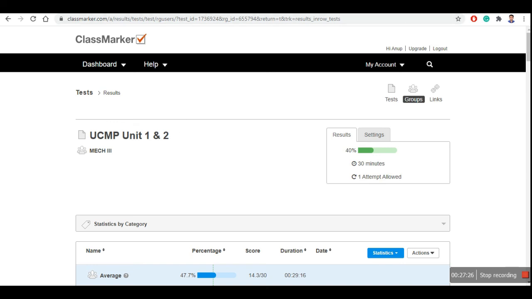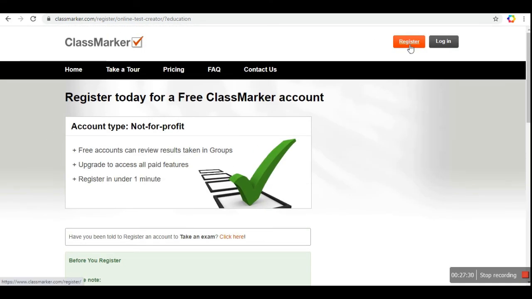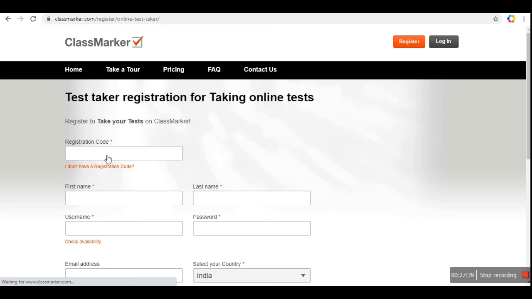How students will be registering. They have to go to the test taker account, and here they have to register. Once they go here, the registration code will be needed. I have already talked about the registration code through the faculty or teacher account.